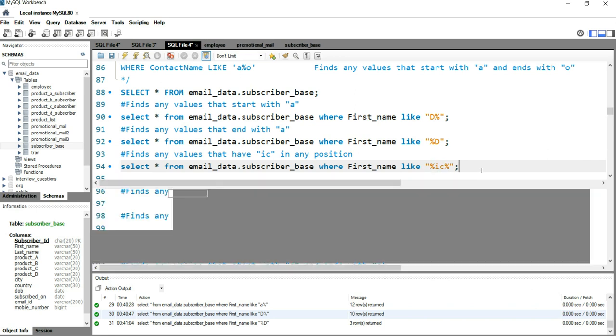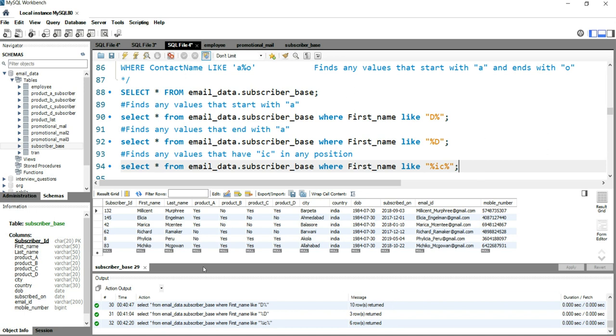Let's see. We have 6 rows. In this first row, this name has ICENT, so it's fine. Even this second row has ELICIA, Alicia, which also contains IC. Then Richard also contains IC.